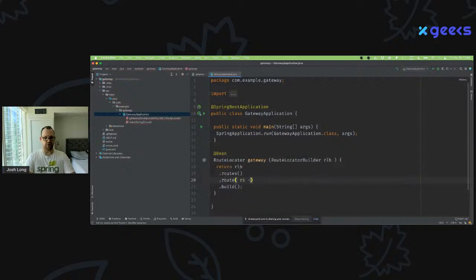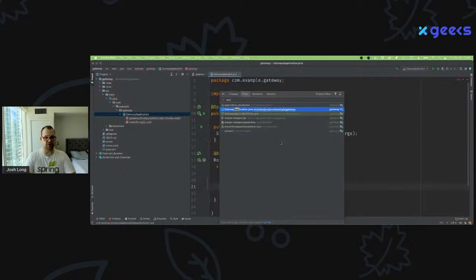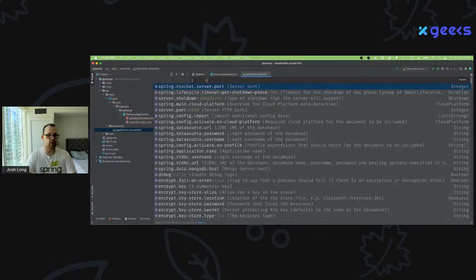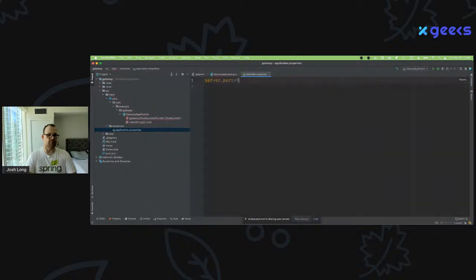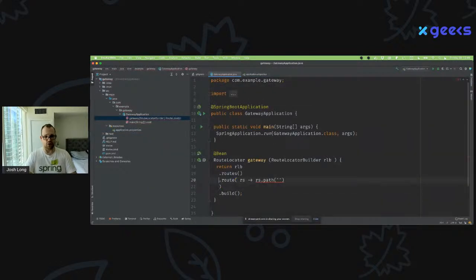I'm going to create a route that matches incoming requests that are going to this edge service. So this is a server that will run on a particular port. Let's say it's port 9999. It's going to go to this /proxy path, and maybe the request will have a host header. So host has to be *.spring.io.